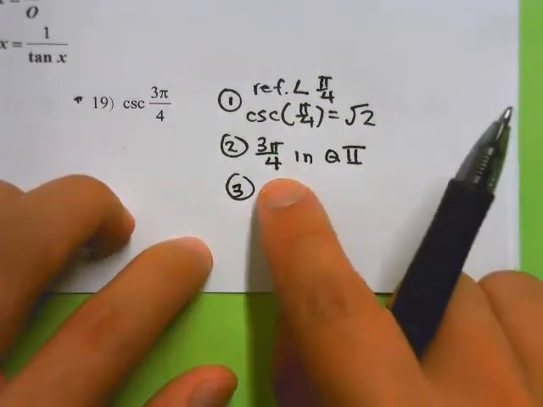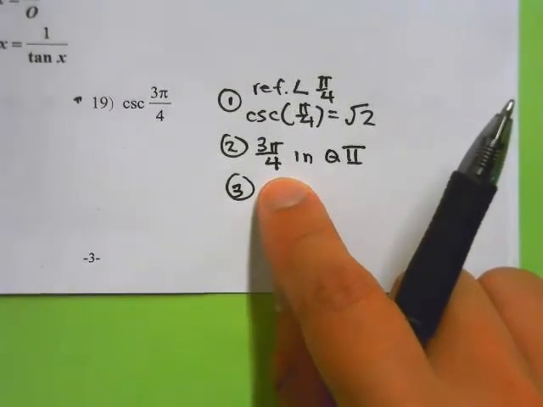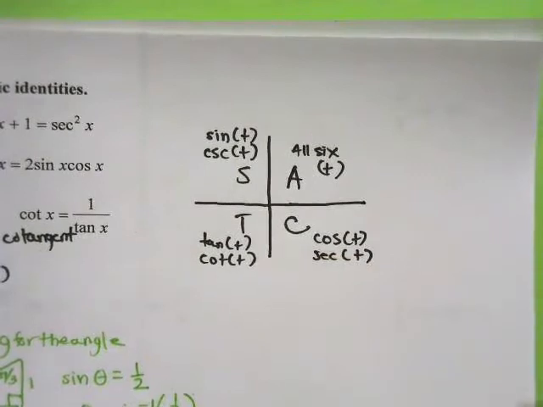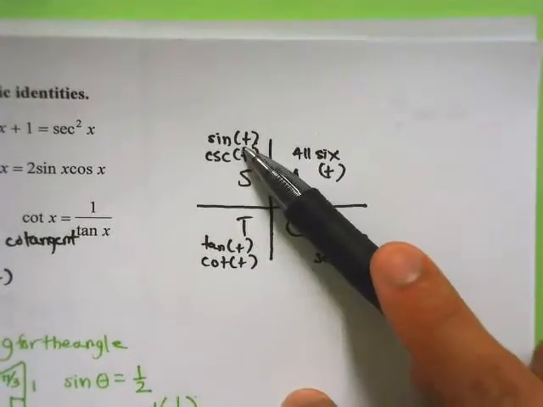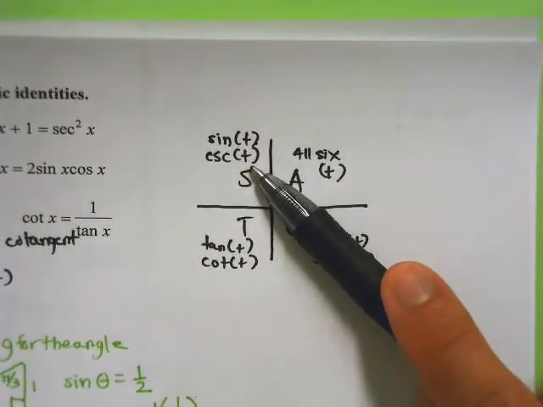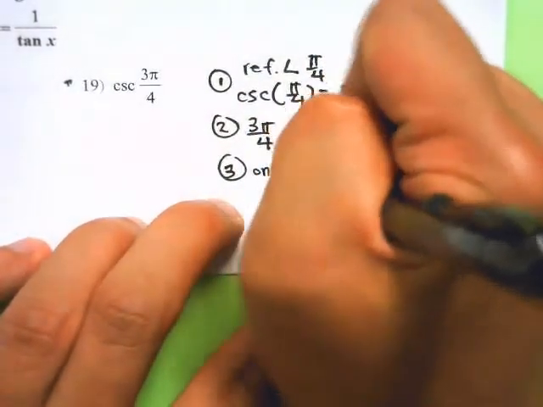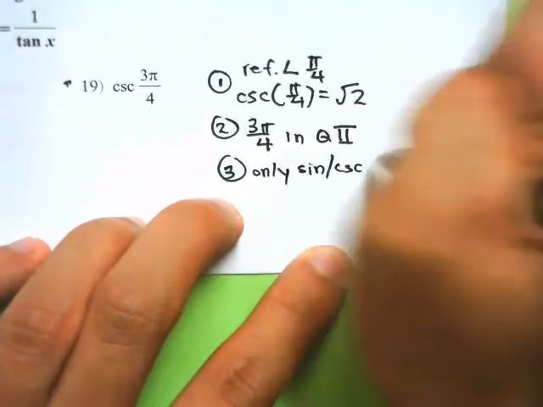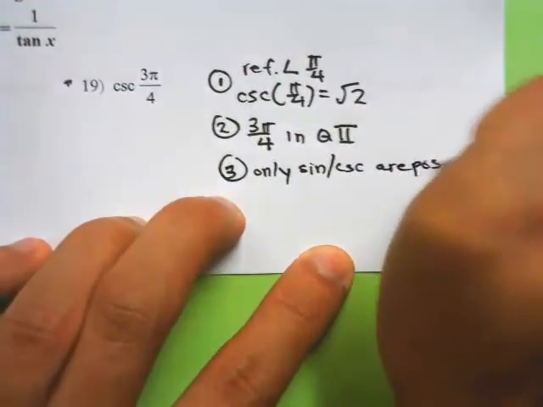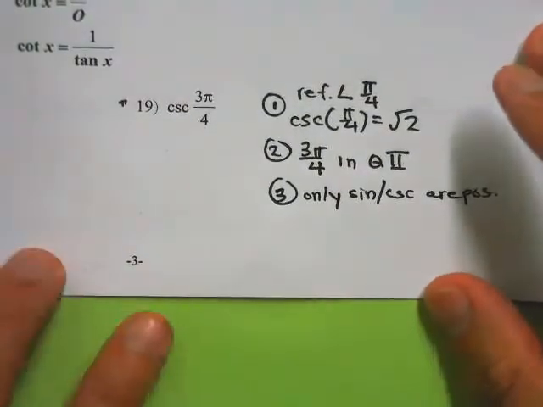In quadrant 2, and I'm going to go all the way up to number 14 because I drew it. In quadrant 2, only sine and cosecant are positive. Okay. Only sine and cosecant are positive. And that's good for us because when we evaluate this,